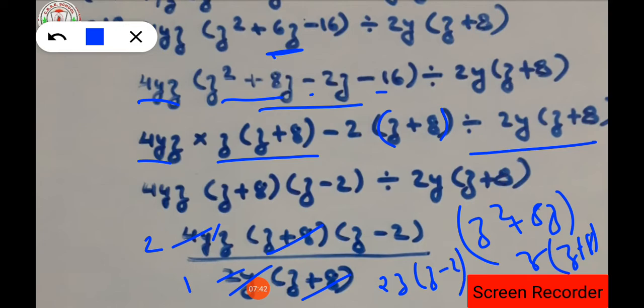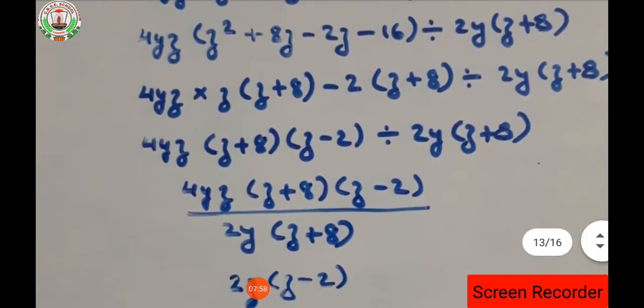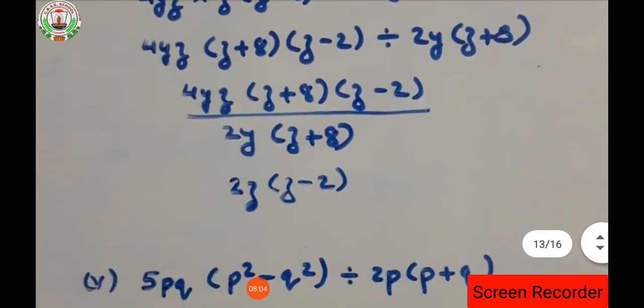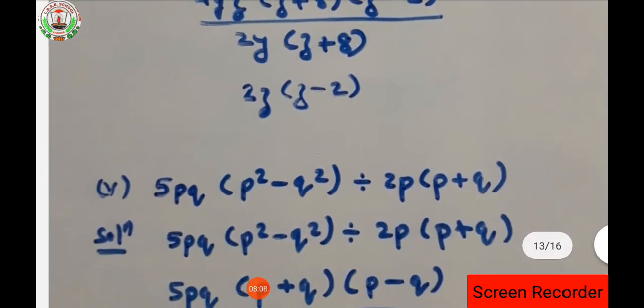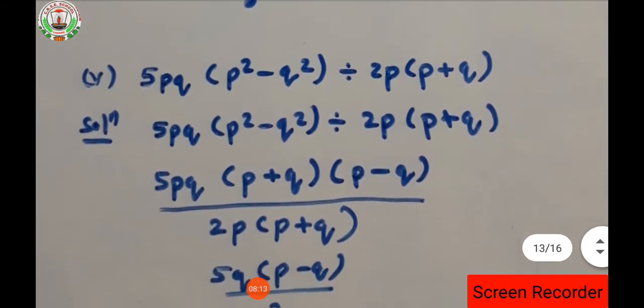So have you understood why we wrote 6z in the form of 8z minus 2z? Because we have to make the pair and take common, so that it will get cancelled with the denominator z plus 8, that's why. Clear? If we do not write like that, the z plus 8 will not be cancelled. So what is the answer for that? That is 2z into z minus 2 is the required answer. Clear? Next question number 5,